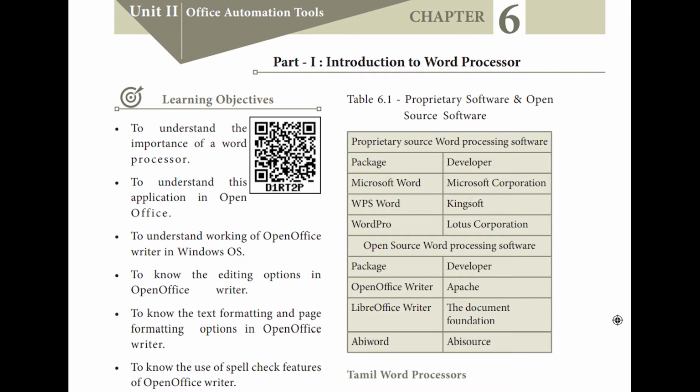I think it's your sixth chapter. It is the introduction to word processor. This word processor, spreadsheet, and presentation. If you are learning these lessons thoroughly, you don't need to learn anything else. You just have to go through that, and you can work on a laptop or a computer, or on a mobile also. You can take WPS Office. Inside that, one word processor will be there, one spreadsheet will be there, one presentation will be there. In Android mobiles, they are giving some office automation tools. So on the mobile also you can do this.